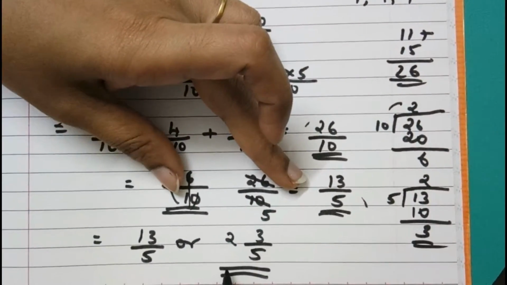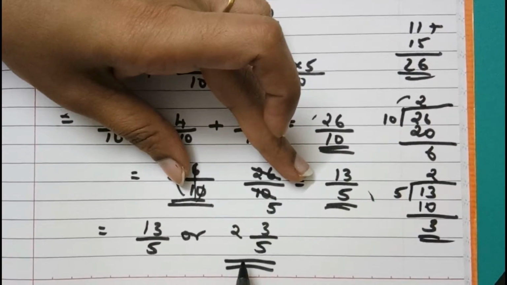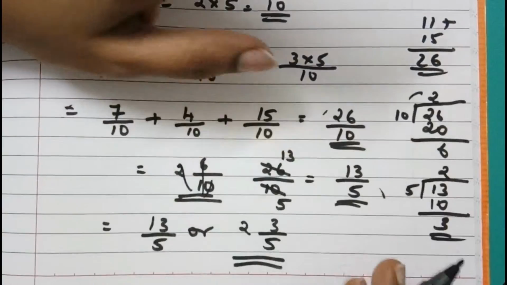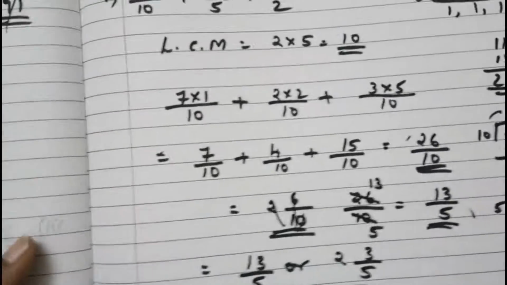We converted into mixed fraction and the answer we got is 2 3 by 5. Clear? I hope this is understood. Okay. Now let's move to the next sub question, which is the 6th one, and that is